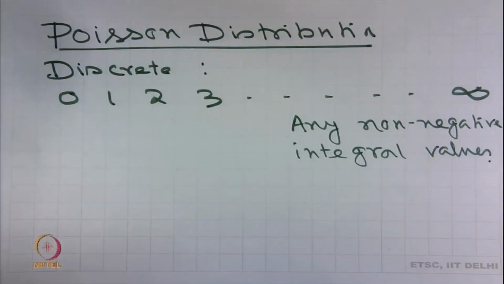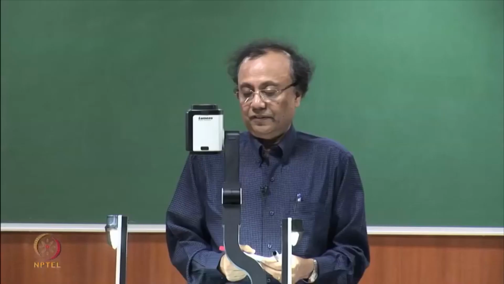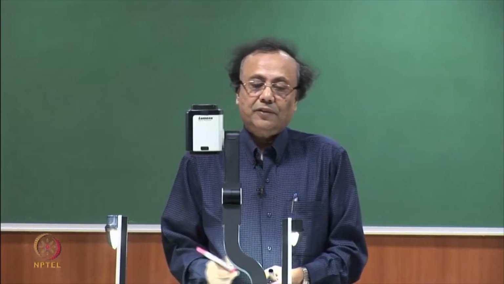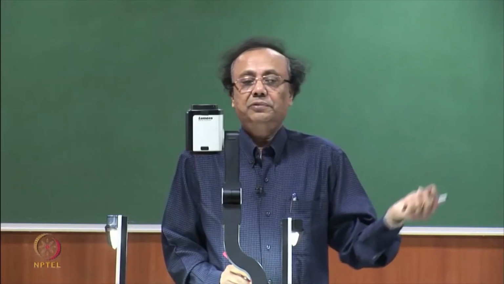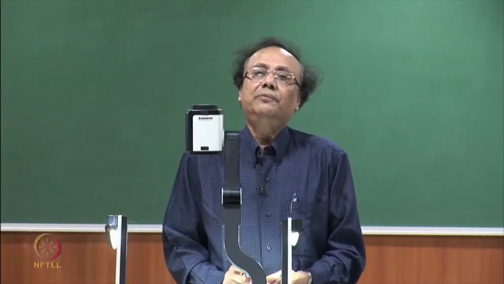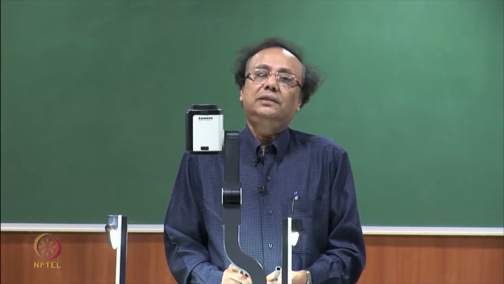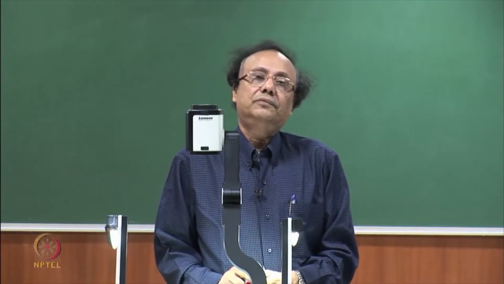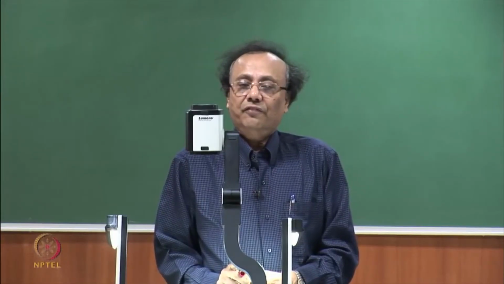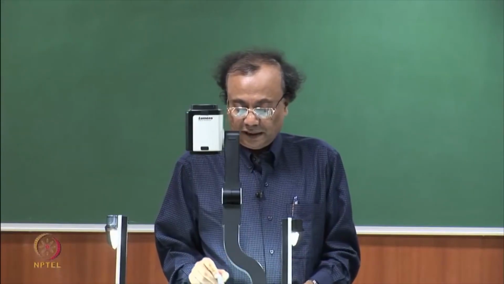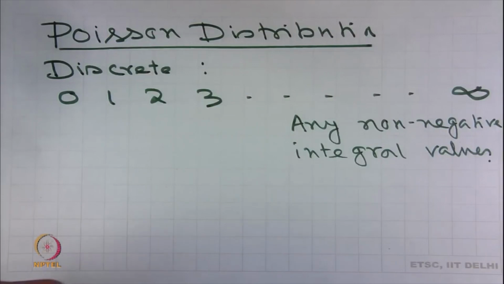Poisson distribution can be used to model the number of arrivals when there is a flow of incoming things. For example, the number of cars passing, or say suppose there is a conveyor belt which is carrying the material, the items produced by a machine, and then suppose the defective items are coming at a rate say 2 per minute. Then what is going to be the expected number of defective items if the machine runs for half an hour? Again, this is a random variable, it is not fixed, but the number of defective items that are coming will take different integral values, and the probabilities can be modeled using Poisson